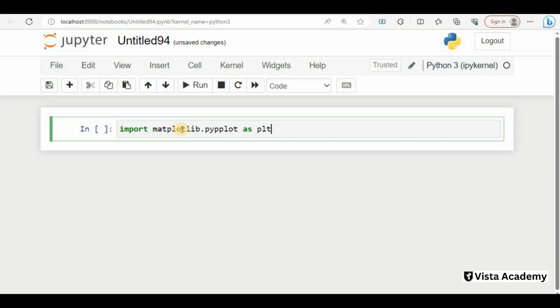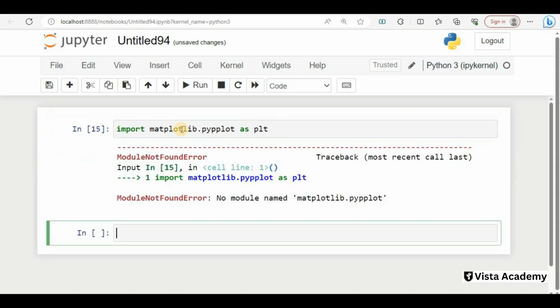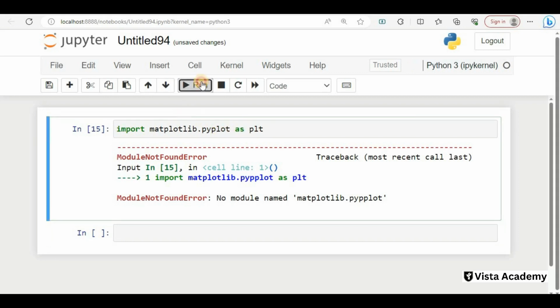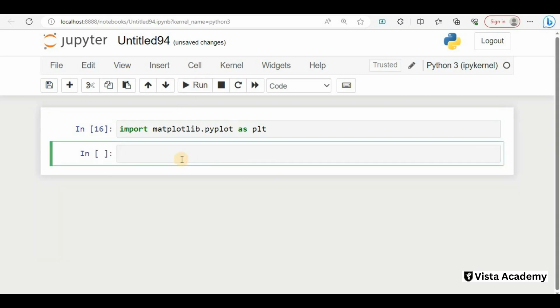With plt we will create charts. It is creating some problem here, so we have to write pyplot twice. I will just run this. Now we have imported our library.